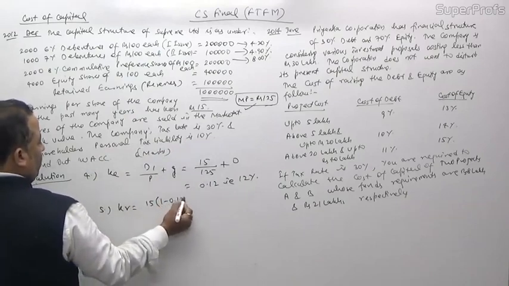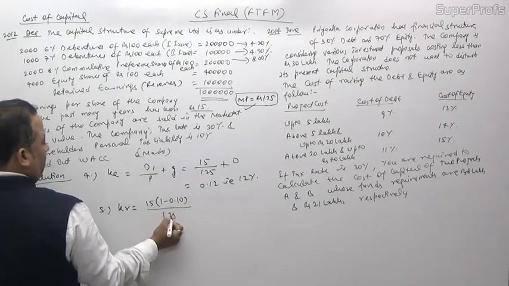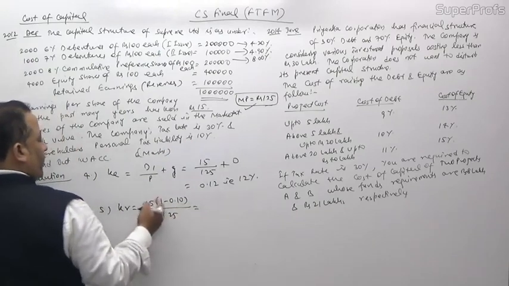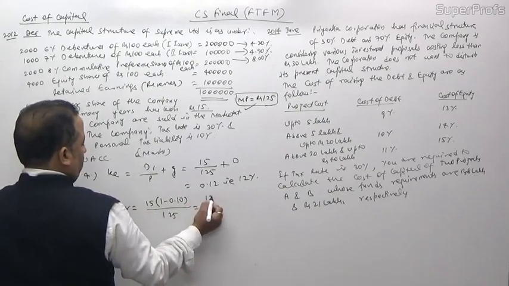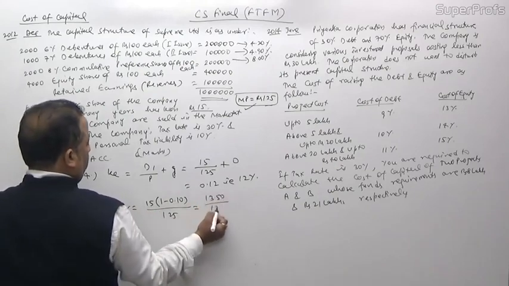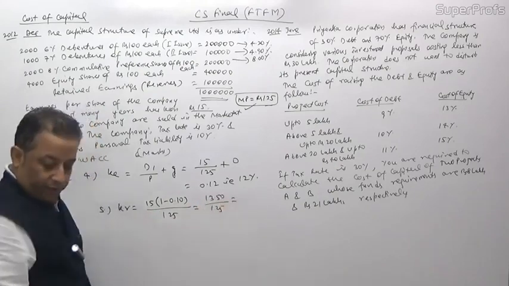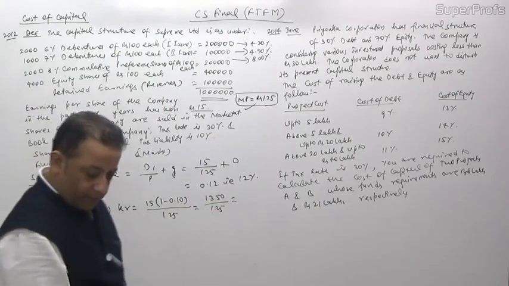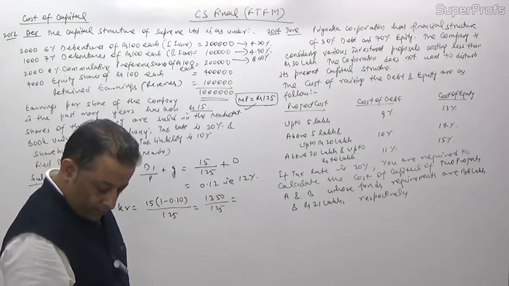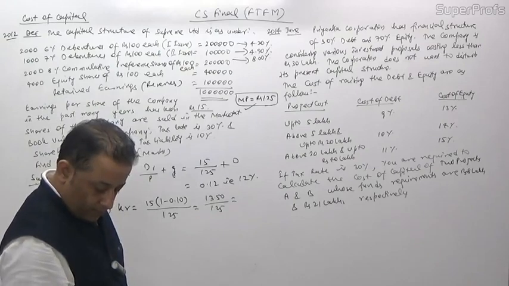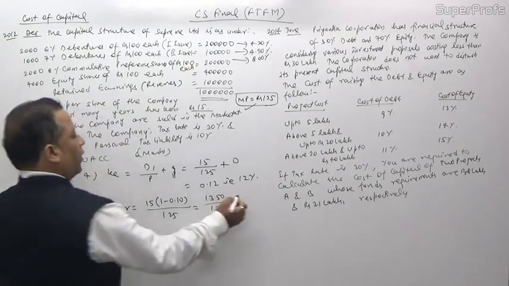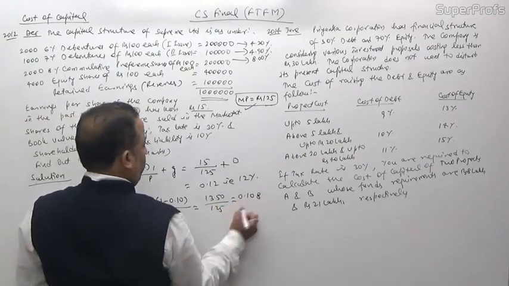The tax rate is 10%. Market price 125. 13.50 divided by 125 is 0.108,